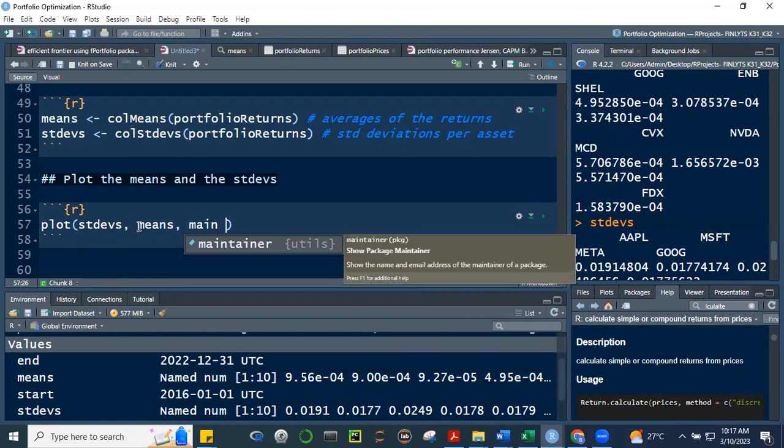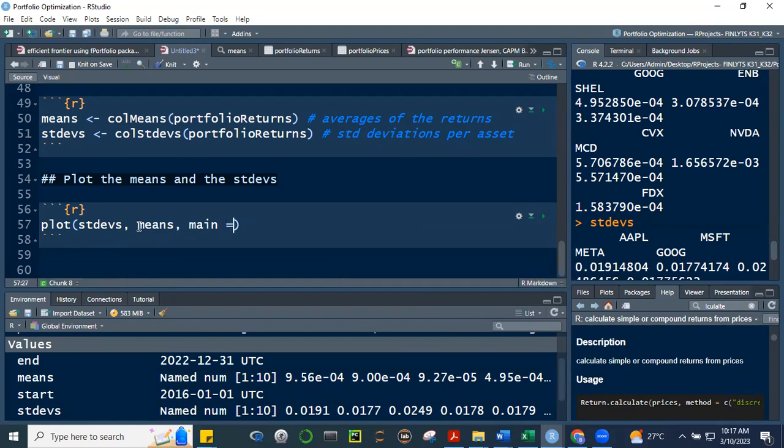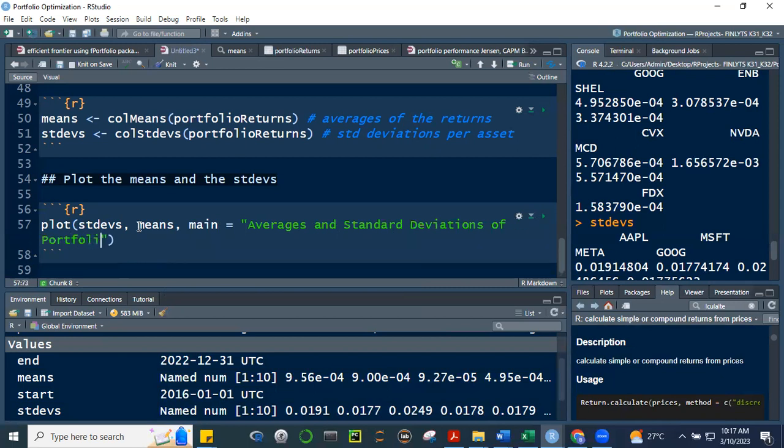Yung main natin is equal to averages and standard deviations of portfolio assets. Ganun lang. Or whatever. Okay? Then nagyan natin ng